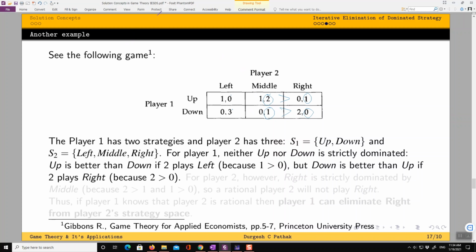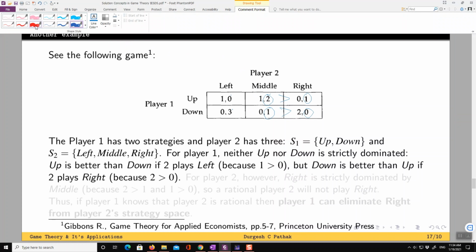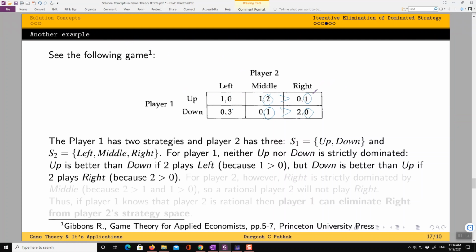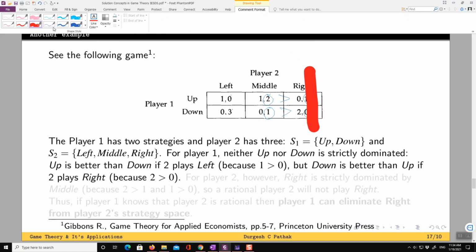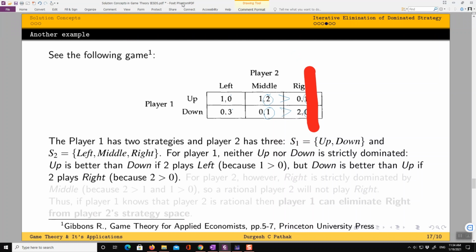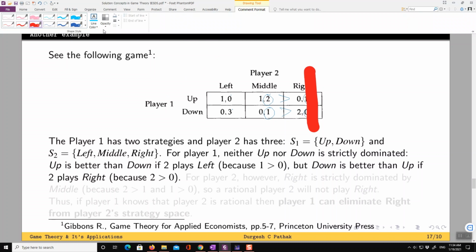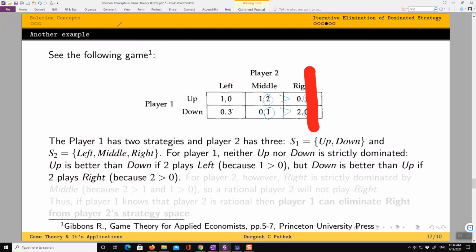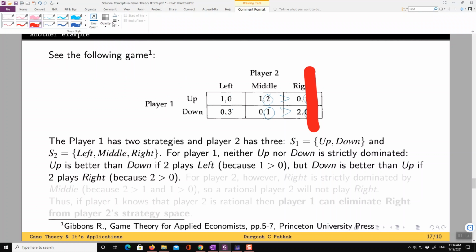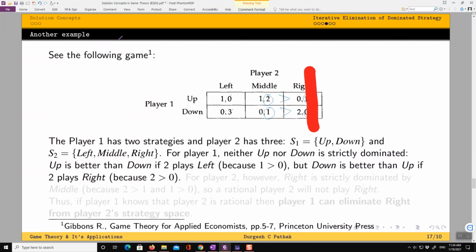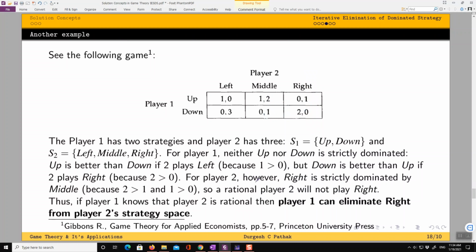So what we realize now is that player 1 can realize that player 2 will not play right, because it is strictly dominated. And given this realization, he will remove the strategy right from player 2's strategy space.